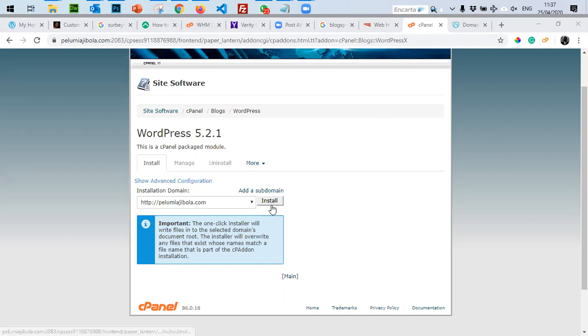So now, I just installed. What this does is there are files and folders that are required to manage a WordPress website. So this control panel at the moment is extracting the files and publishing them at the necessary places so that we can get started. It usually doesn't take this long.